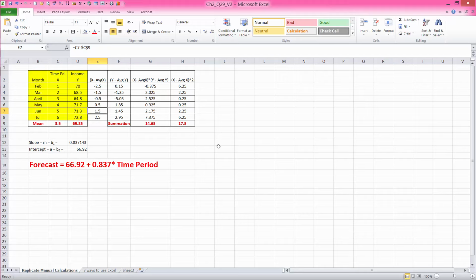So rather than going through all of this, as you can refer to any statistics textbook to find the equations and formulas, I want to show you how we can use Excel in three different ways to perform the same calculation. So the first method